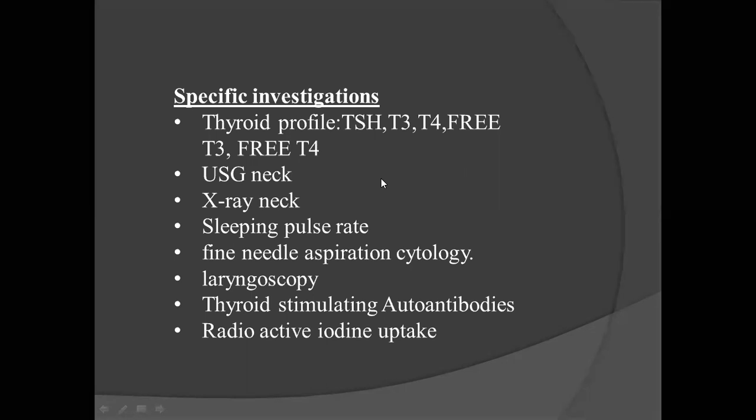Why do you do ultrasound neck? What are the things you want to know? To see any nodules. Yes, whether the nodule is cystic or solid. That is what we want to make out with thyroid. Whether the whole thyroid is involved, whether multinodular or diffuse goiter is there, that you want to know. Whether lymph nodes are there. These are the 3 things you want to know from ultrasound.